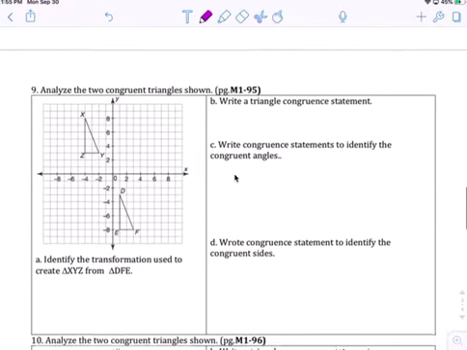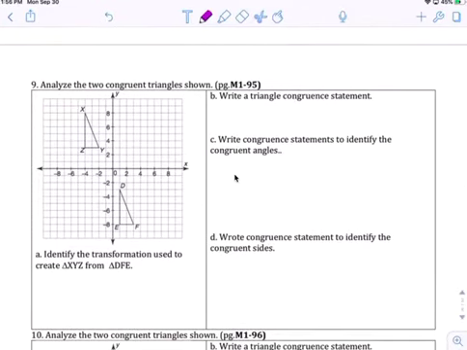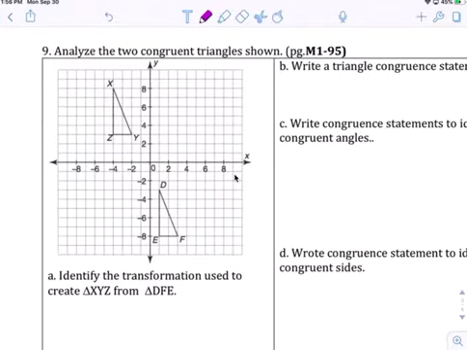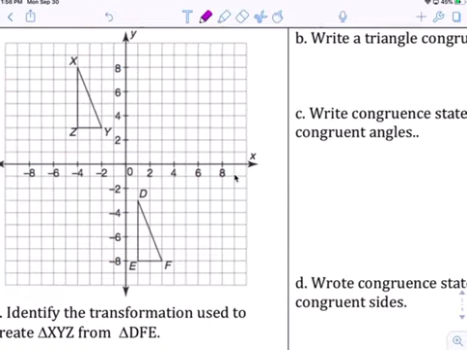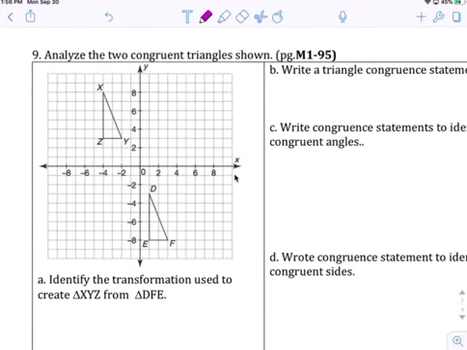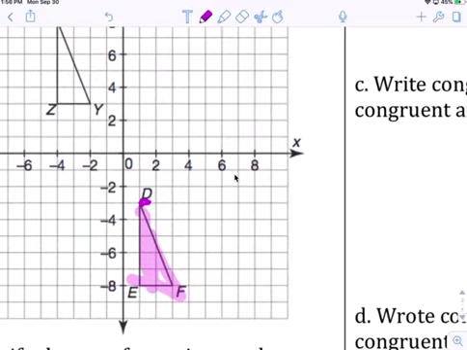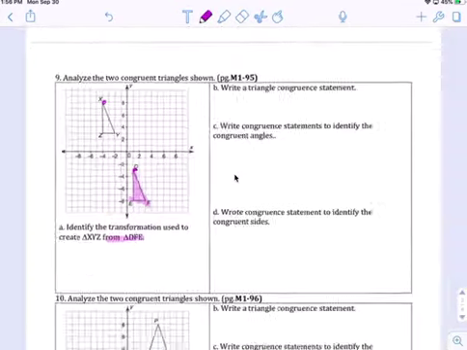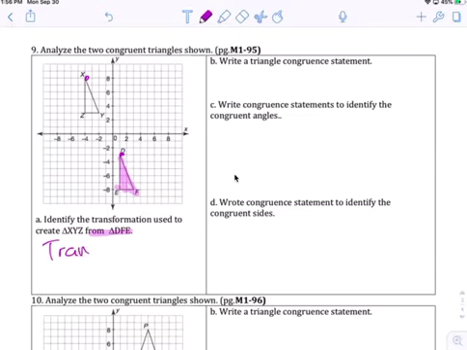Okay, next one, same thing, guys. Number 9. What type is this? This is a rotation of 180 degrees. No, it's not. It's not a rotation, it's a slide, because look. So this is the original right here because it says from. So D is right there. If it's this, that's 1, 3, so it should be 1, 3 here, and it's not there. So it's a slide. So this is a translation